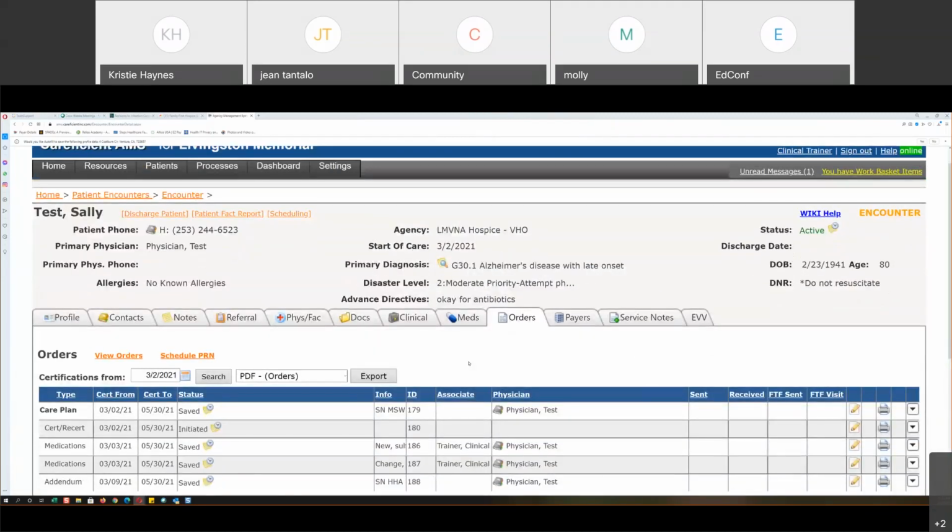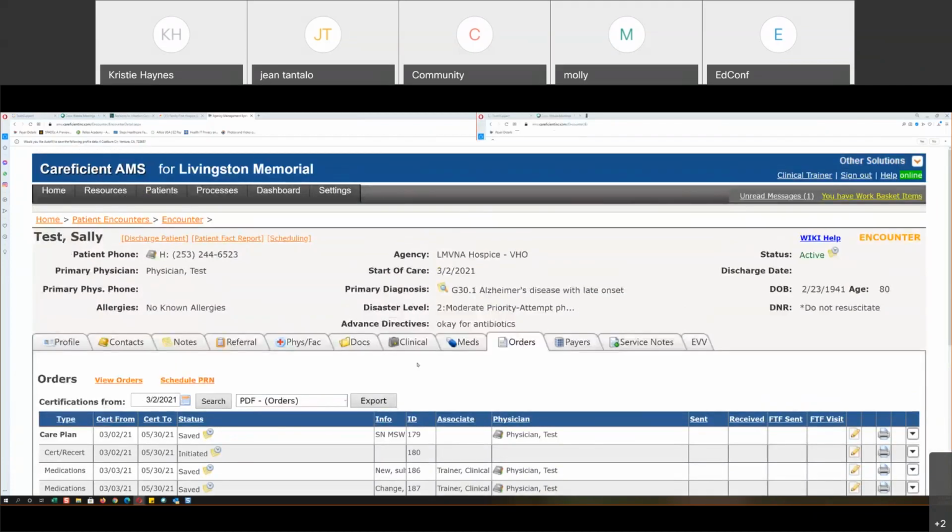Now, if you want to assign a visit to yourself, you guys do have schedulers. You have a scheduling team that routinely is going to be attaching your visits to the right associate. But let's say you need to attach one to yourself because you got to go see this patient right now. To do that, you need to go to the patient's calendar. So your home page is your calendar. The patient calendar is when you go into the patient encounter or the patient chart and you click on scheduling. That takes you to the patient's calendar,